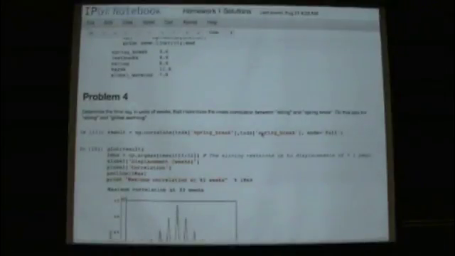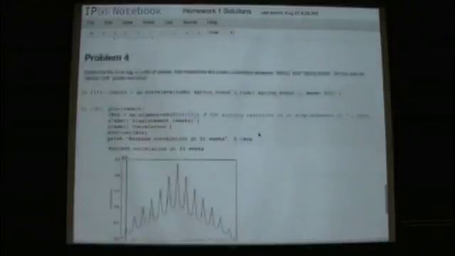Oh, whoops. I did correlate spring break and spring break. Exactly, that's the thing. Then the maximum should be at 0. So the maximum is at 0 displacement, but the way the result works is sort of just a convention,